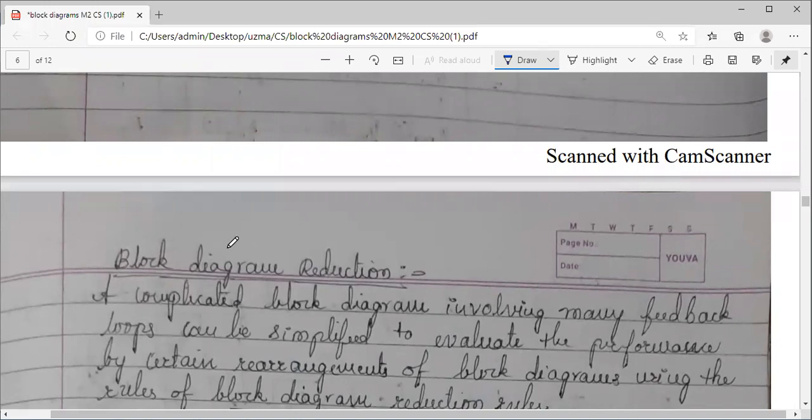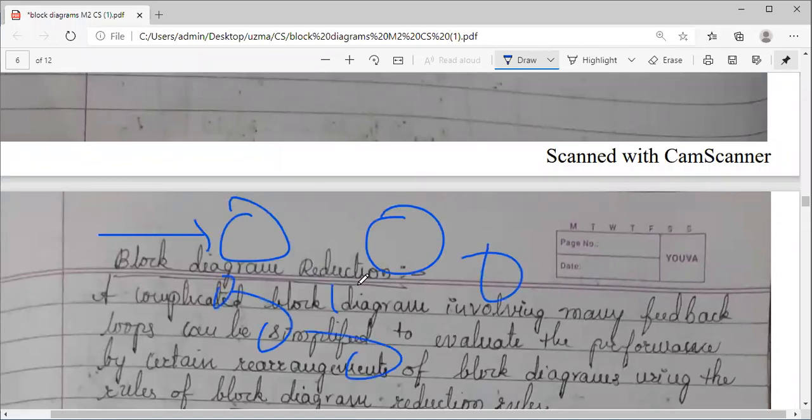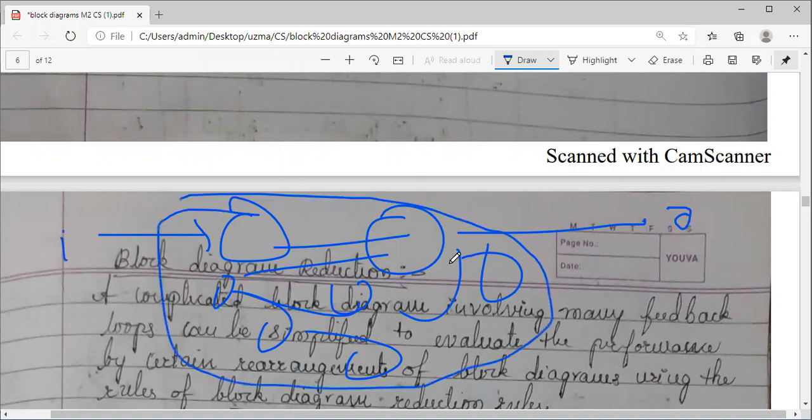And that single block, something like this: if you have a system where many connections are there, randomly I'm showing you some interconnections, and finally you are getting the output. This is your input. Here some processing is happening, many gains, many feedbacks are there. So you can reduce this to a simple block like this. Inside this block, we can fill it with capital T. Capital T is your transfer function. So whatever big process system is given to you, you can reduce it to a single block.